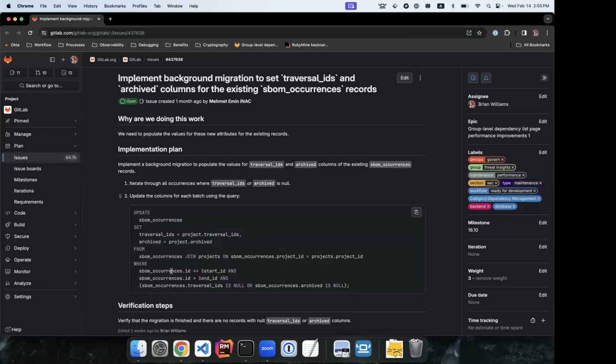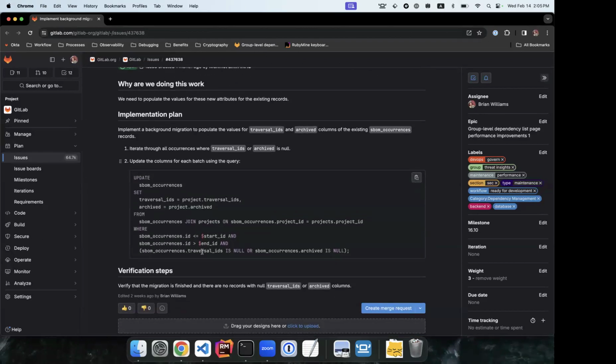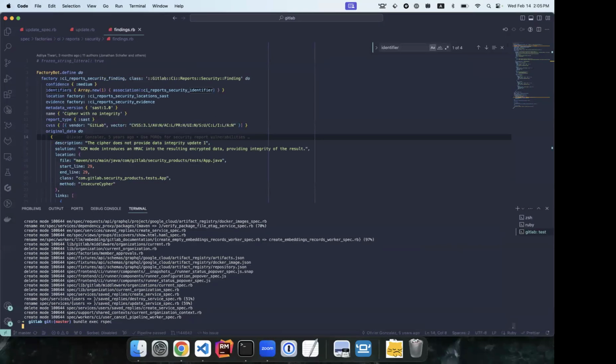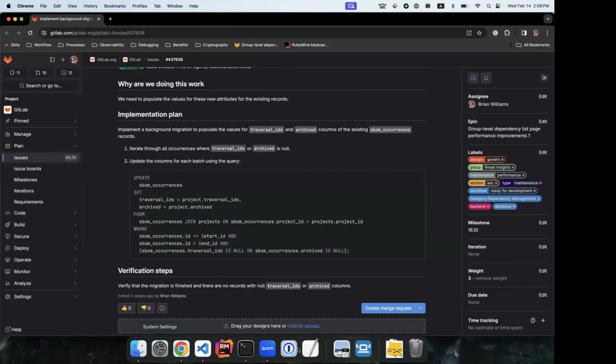And we're doing that by storing the traversal IDs in our table. And the traversal IDs is like an array that has all of the namespaces, all of the namespace IDs. So let me show you an example. That's the namespace IDs for the root level namespace or for the project,